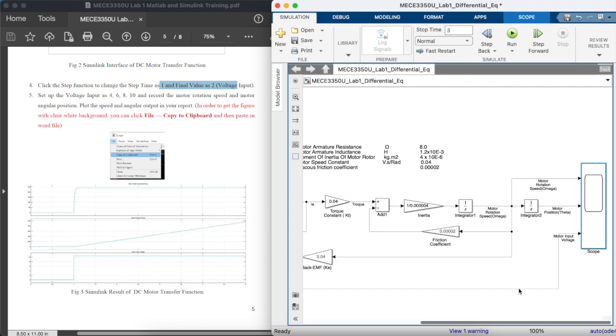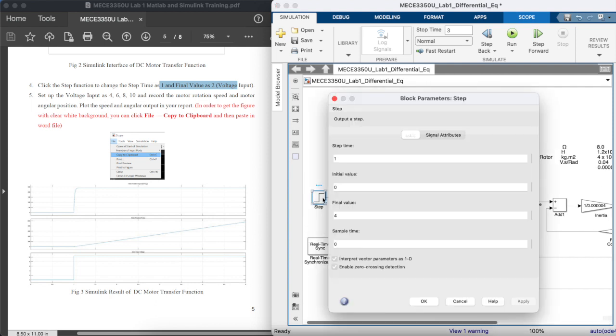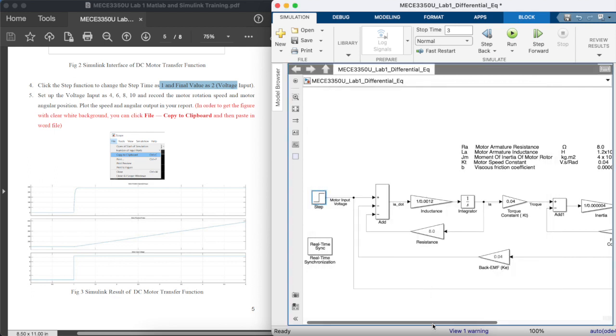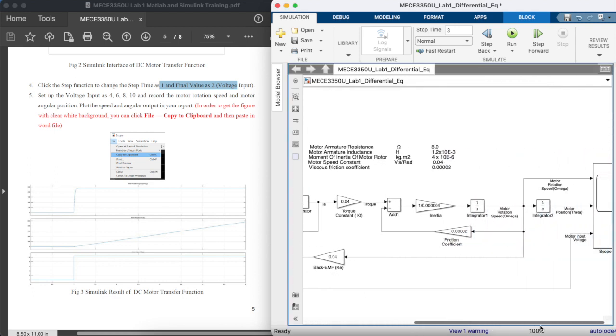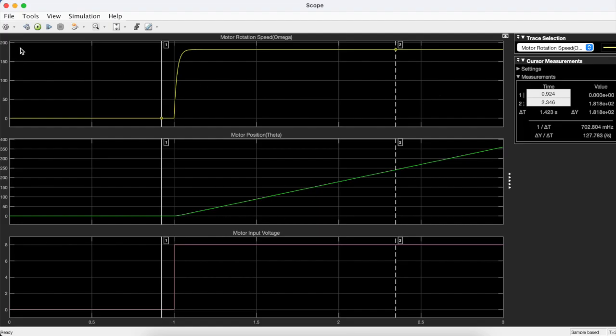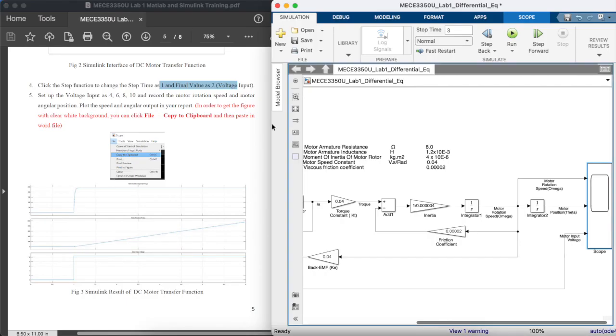Let's see one more time. Let's double it one more time. So we're bringing this from 4 to 8, and we would expect the speed going from 90 to 180. And so it's just important you click run. By updating those model parameters, it doesn't automatically update the scope. You need to click the run button. And here you go. You can see that now the value is more around that 180 value, or 1.8 times 10 to the 2. Okay,